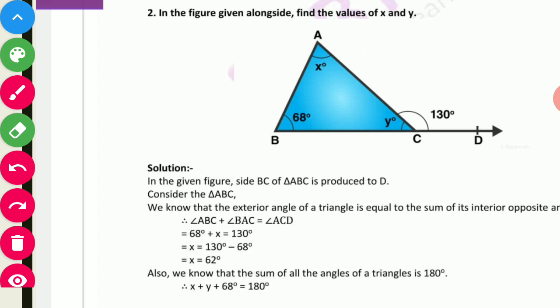Now you have to calculate the value of angle y. So by using the angle sum property, as you know two of the angles of the given triangle, the third angle you can calculate. So add this angle A and angle B, and then the sum you subtract from 180 degrees, and that will give you the third angle y. Now, if we want to solve the same question another way, see how I am going to solve it. Just go through it.